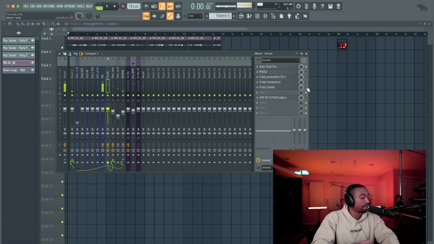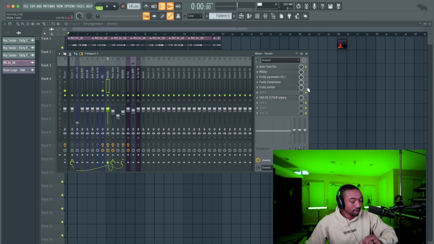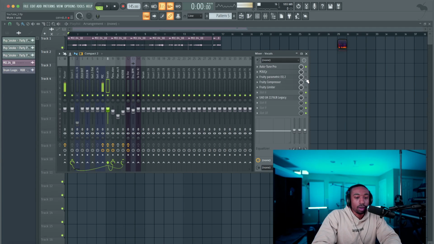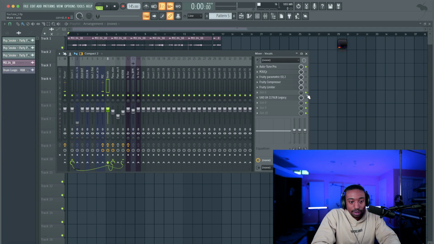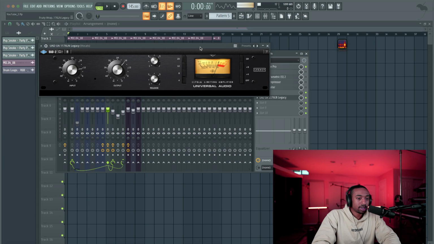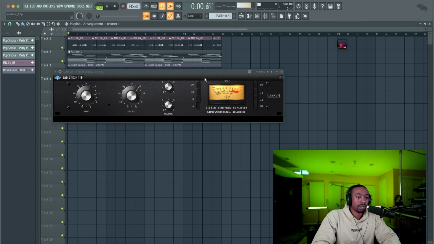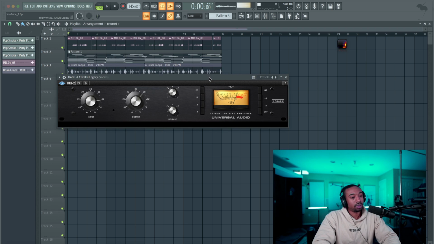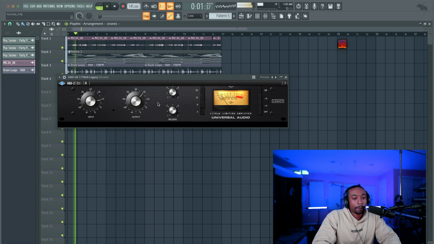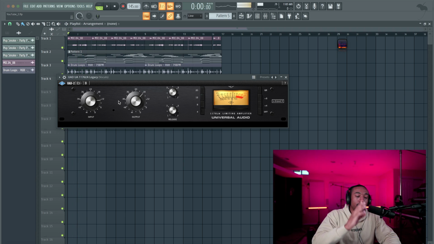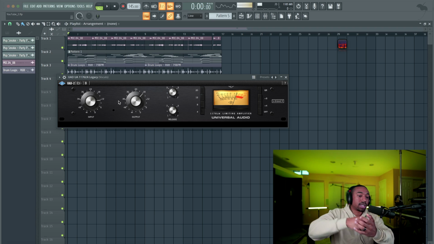Okay, so that's how you can get that sound to stick out a little bit more using compression. A little harder to do in FL because you have to know how to do stuff back to back. Again, here's the 1176. I just want to show you what this classic compressor looks like because you'll see this a lot. So I'm just pushing the input. Remember, the input gain determines how much energy goes into the compressor.